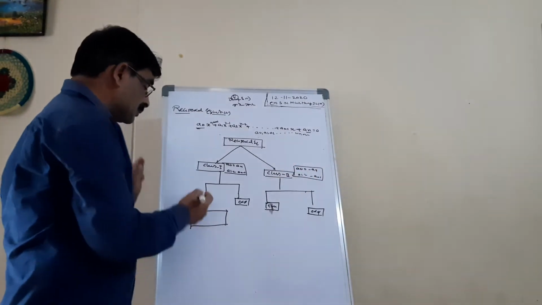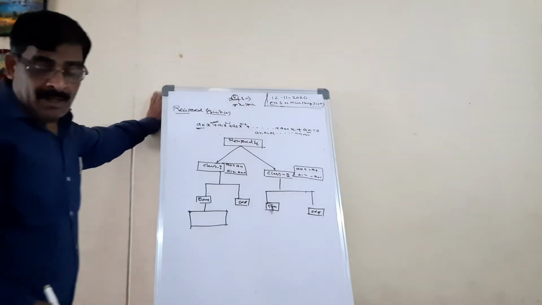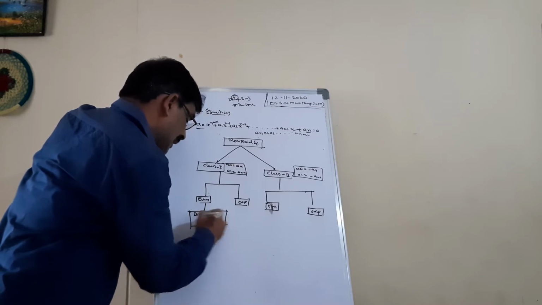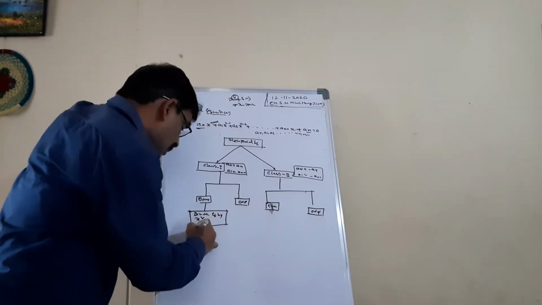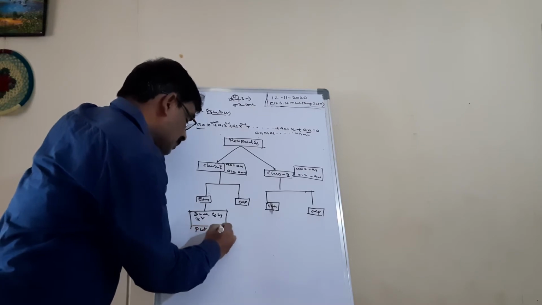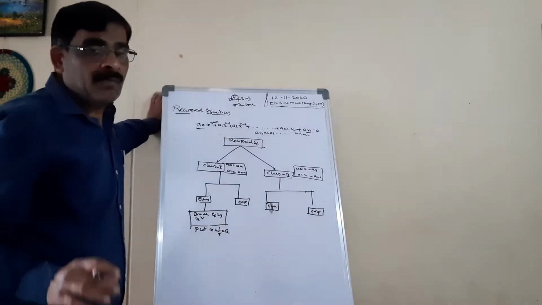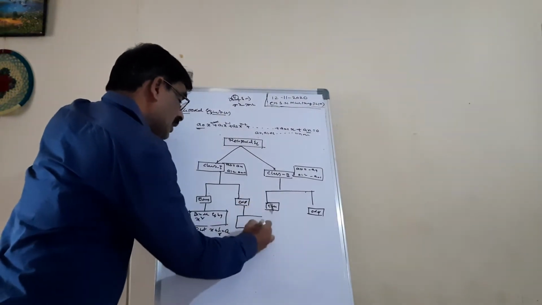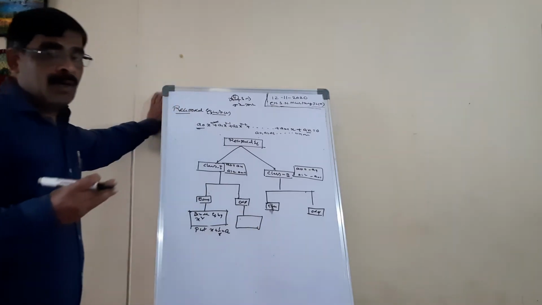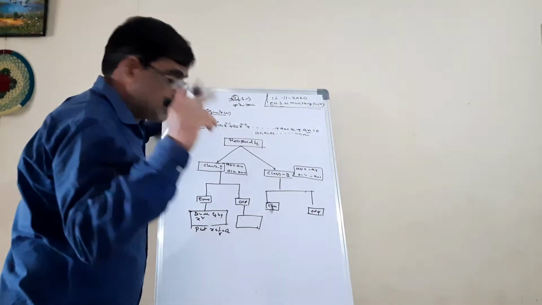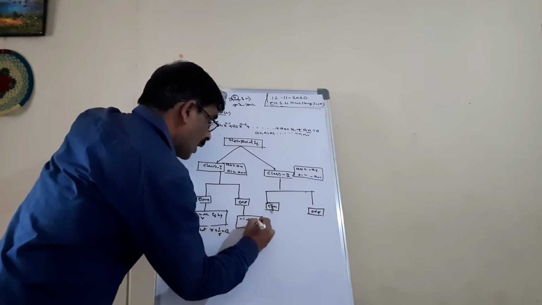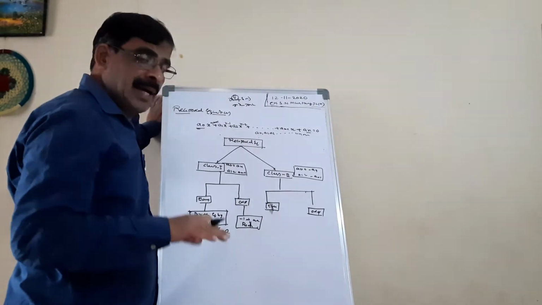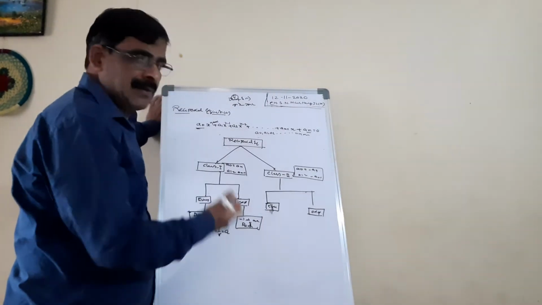Suppose it is an even degree, we have to divide the equation by x square and put x plus 1 by x equal to some a or p. Suppose it is an odd degree, then compulsorily minus 1 is one of the roots. You can easily understand this by doing problems. After that I will do a problem.